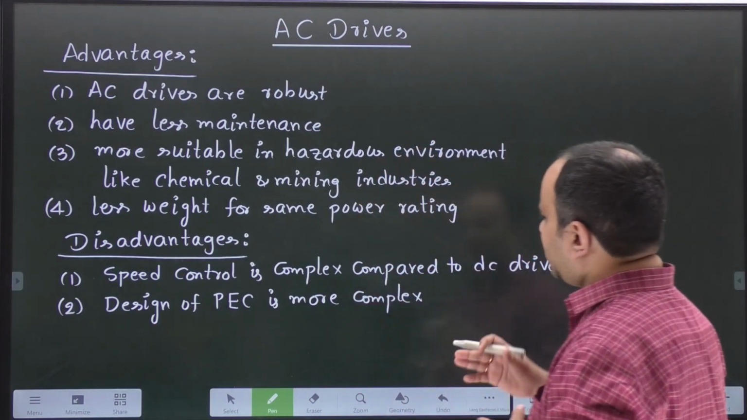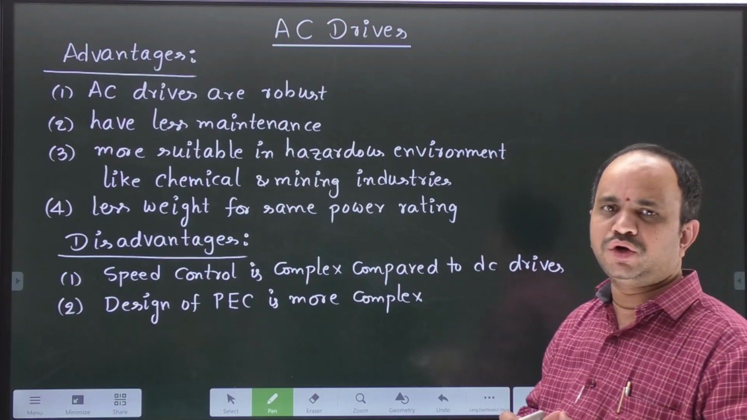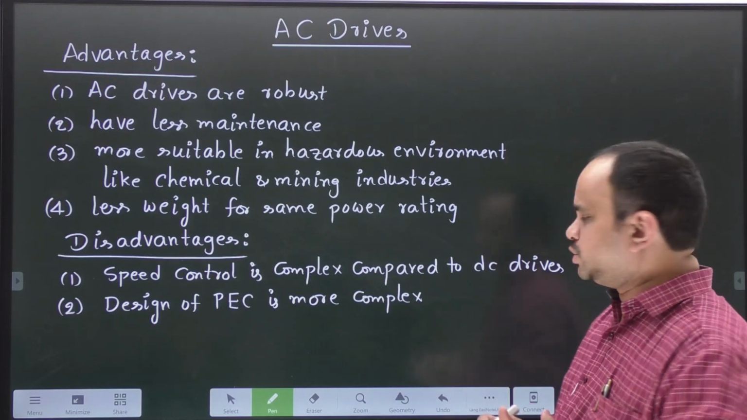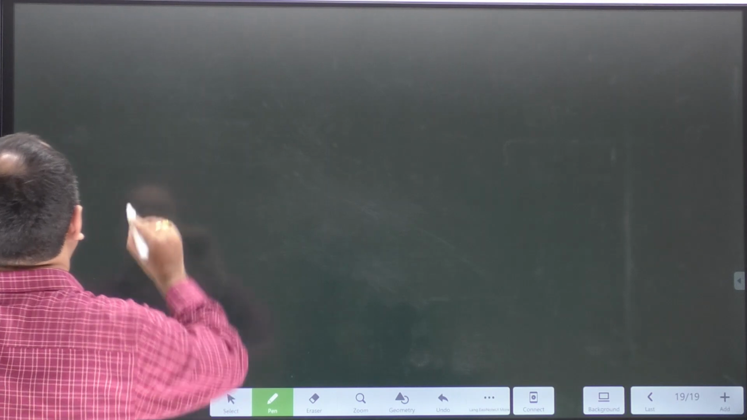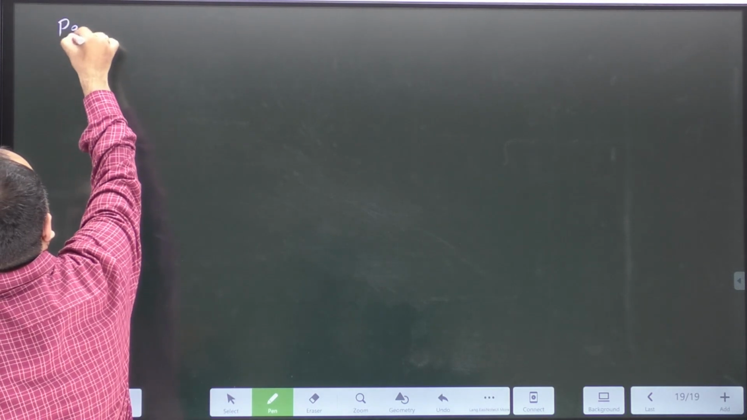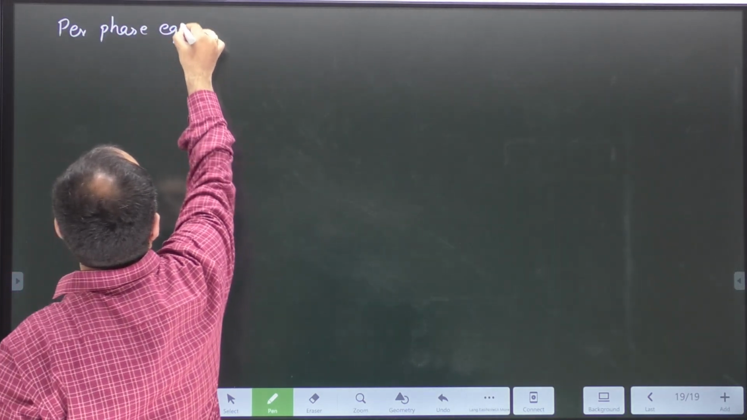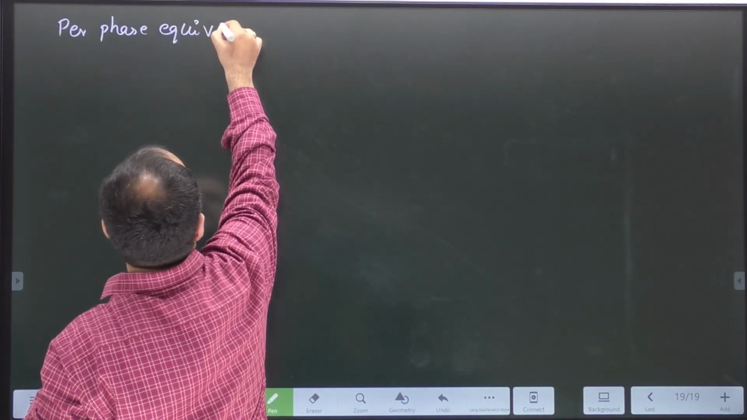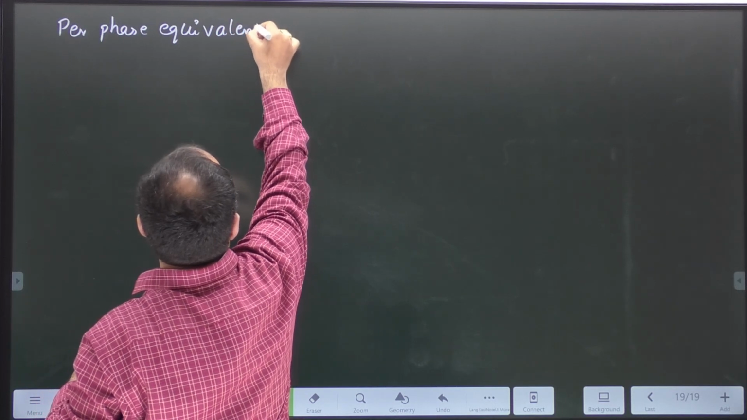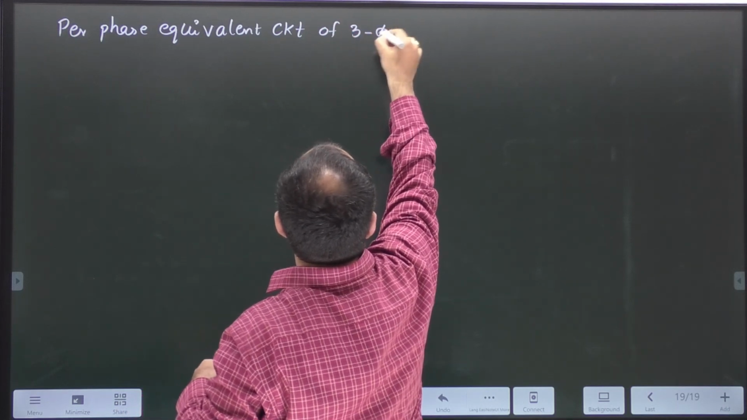Okay. Now let us see what type of converters will be preferable in order to control the speed of an induction motor. So in order to get an idea of that, first let us look into basic equivalent circuit of an induction motor. Okay, so let me write down here per phase equivalent circuit of 3-phase